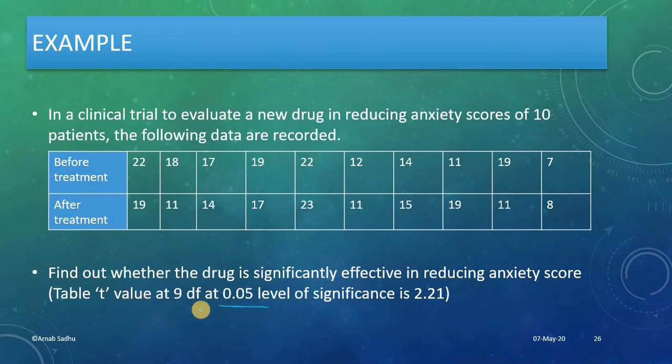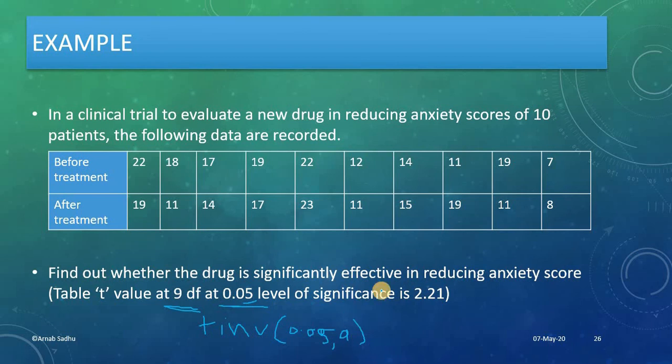Now we can find the t value at 0.05 significance level and degree of freedom equal to 9 using the same function, which is the TINV function, right? And here if you just put 0.05 with 9, which is the degree of freedom, you will eventually get 2.21, right? So you can use that.